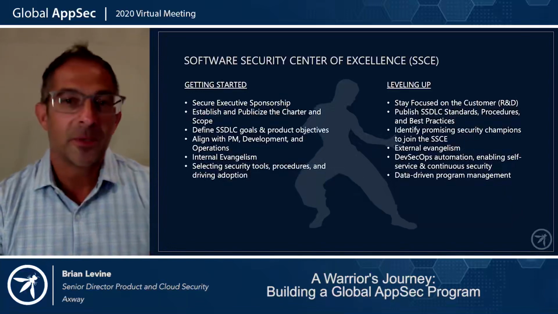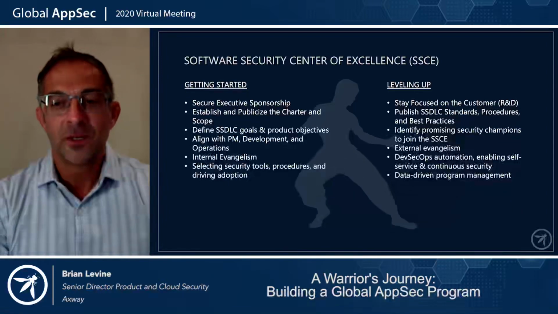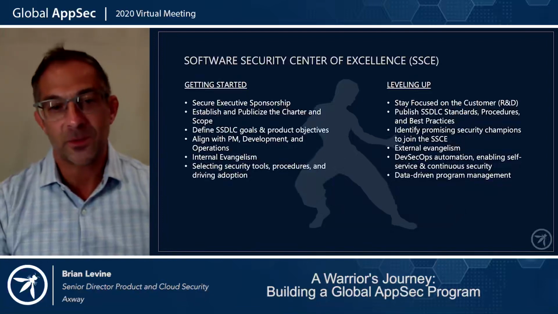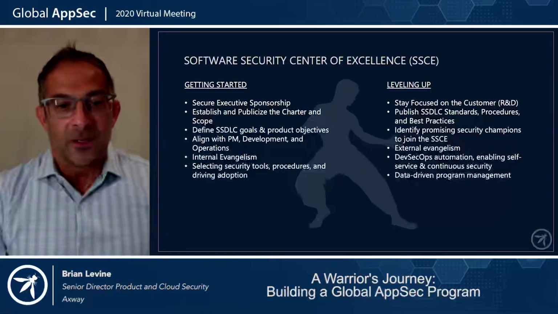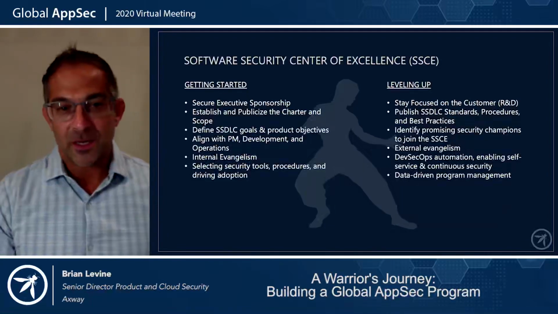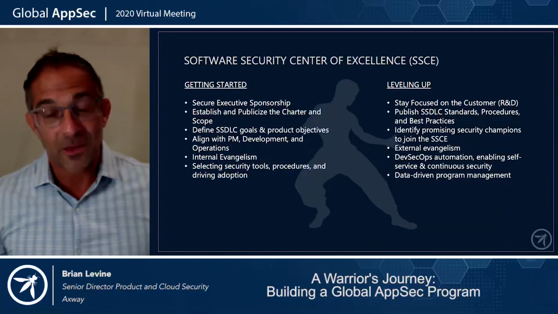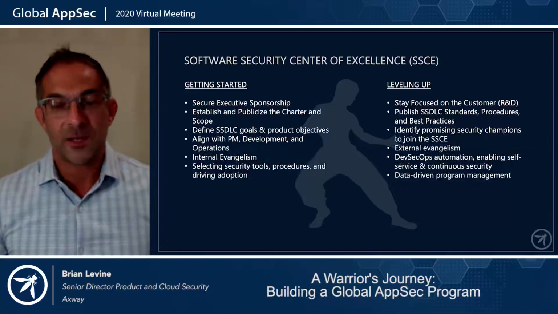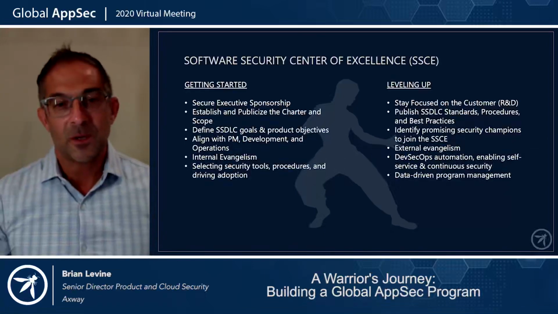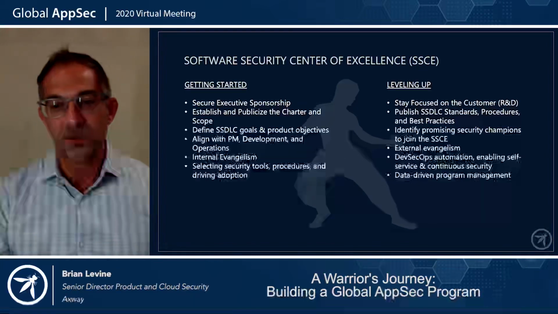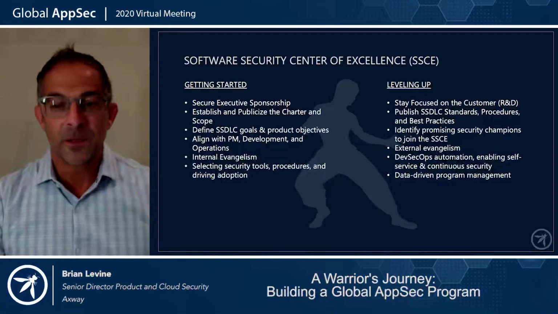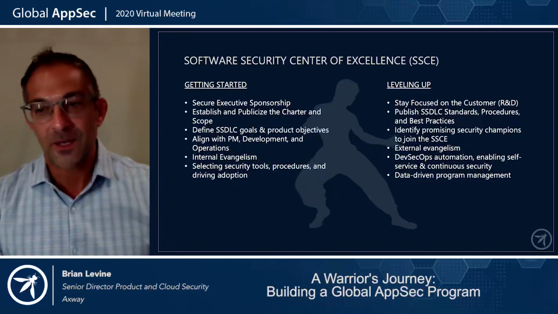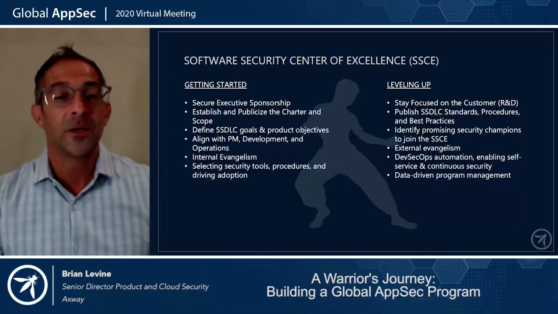And as you scale up, of course, DevSecOps automation, really leveling up requires automation and continuous delivery at DevOps speed. And we'll talk about some of that here today. And then data-driven program management. Again, as you scale to 100, 150, 1,000 products in your catalog, you need to measure the activities, measure what your team is doing, measure the security issues that are being discovered in the products that you're working with, mine that data to improve your product